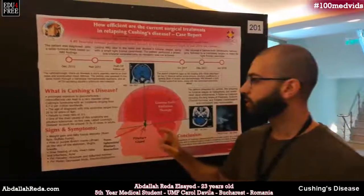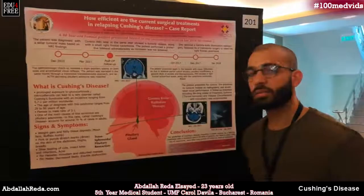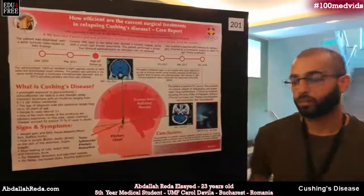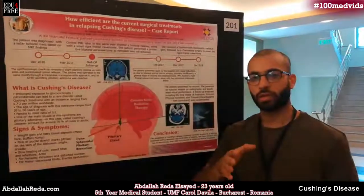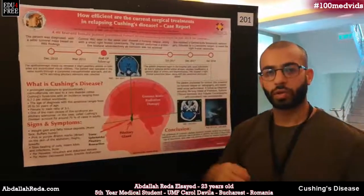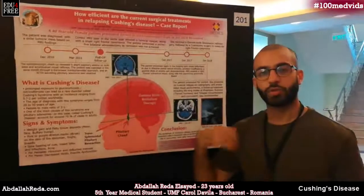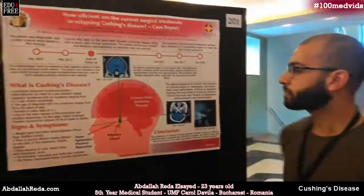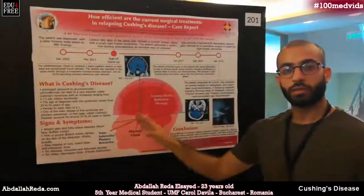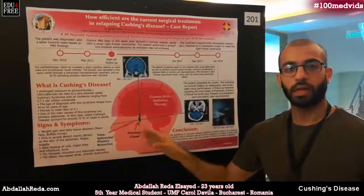That means it's related to something inside the body, the pituitary gland. The pituitary gland is one of the most important glands of the human body, and it secretes hormones. The anterior part of the pituitary gland is responsible for secreting a hormone called adrenocorticotropic hormone. This hormone stimulates the adrenal glands to secrete more corticosteroids. So, when there is an adenoma, which means a tumoral formation at that part, we get more and more secretion of ACTH, and that leads to